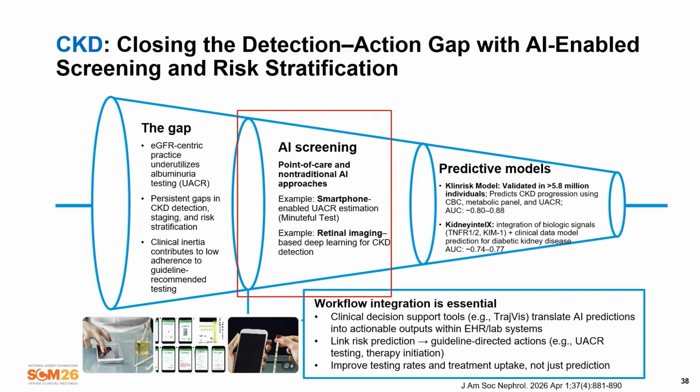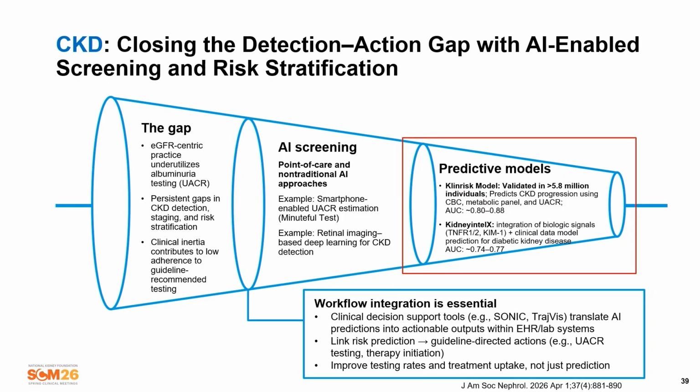And there are also AI models that help screen for chronic kidney disease based on retina screening. Most of us go to ophthalmology very often and they look into our retina, the eye ground, and there's a model that helps detect kidney disease from that. And that's already been developed. The next step is to